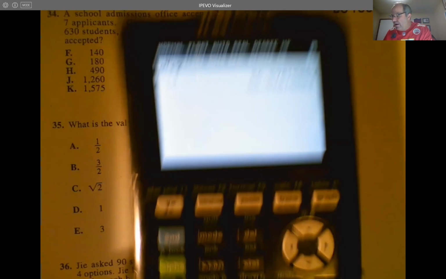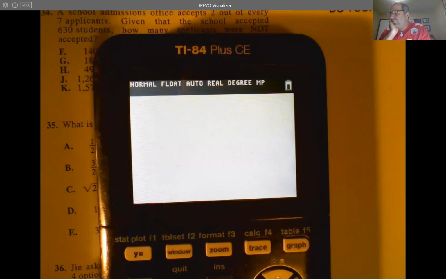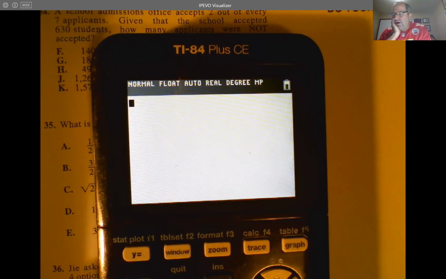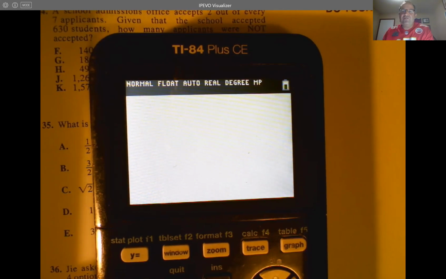On this calculator, you guys, it has to be like an 84 silver or above. If you just have an 84 plus, it won't do this. And I'll have to show you how to get the answer using another way. But if you've got a TI 84 or TI 83 silver, one of those, if it's just an 83 plus,